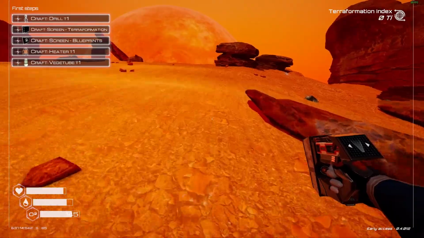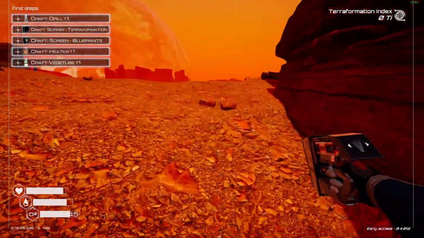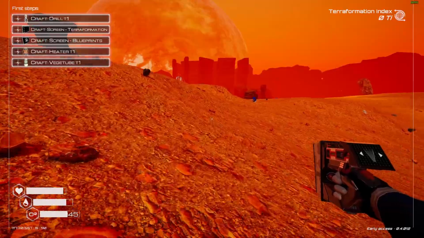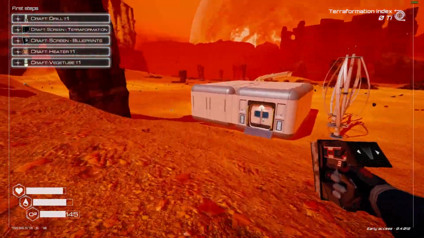The next thing I would build is a torch, a flashlight, so that you can start getting into these crash ships like that one up there on the hill, because there's crates in there that have some uber good stuff in it. Just remember,